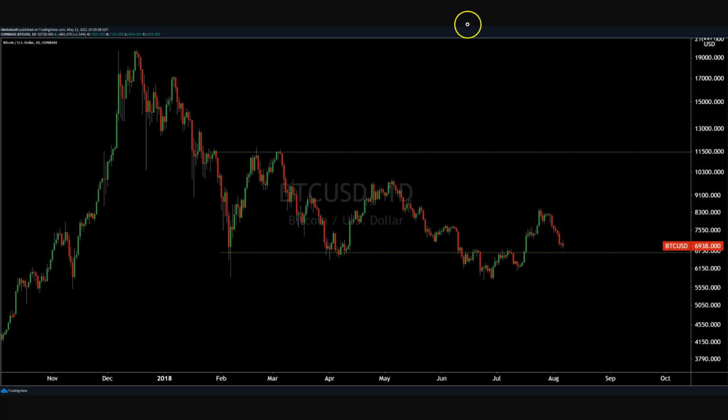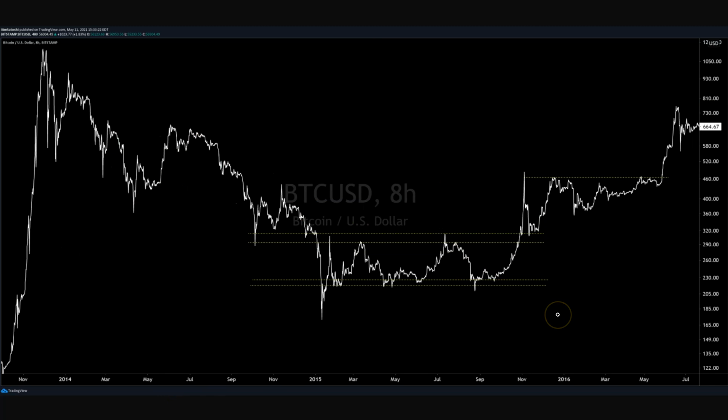So you always have to be careful when you are in between the phases and not in distinct markup or markdown. Now, one of the most obvious textbook perfect examples of Wyckoff when I first got into trading and saw people talking about it was 2015, when you get this just beautiful, absolutely angelic, cherubesque range of this. It was 200 to 300 basically. To us at that time was kind of do or die, end of the world, failed experiment type of price action, especially when you see this